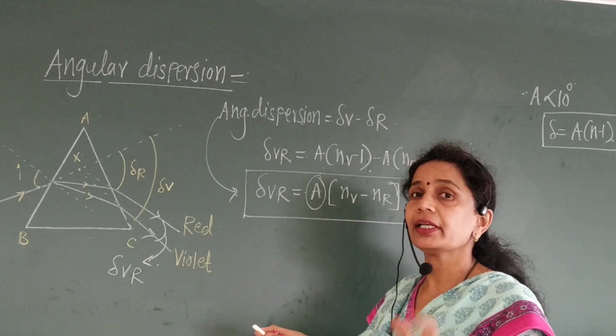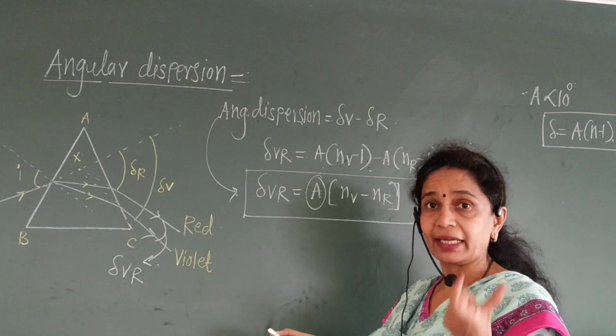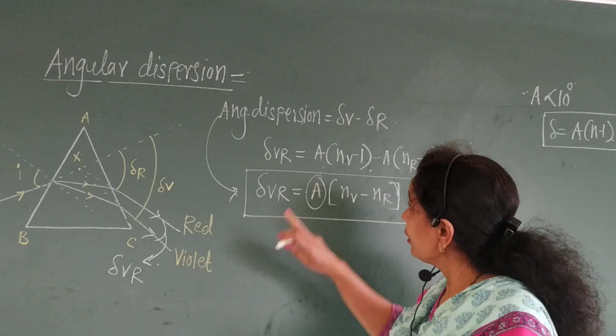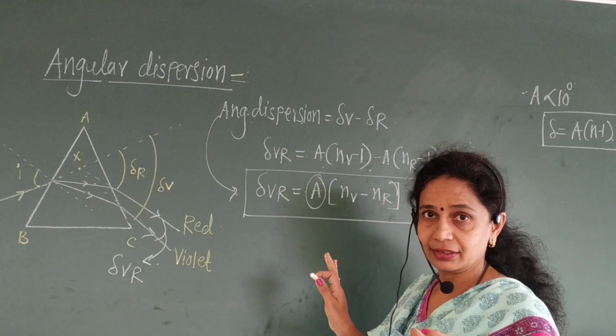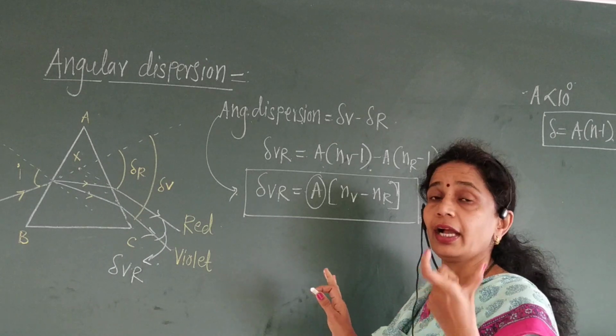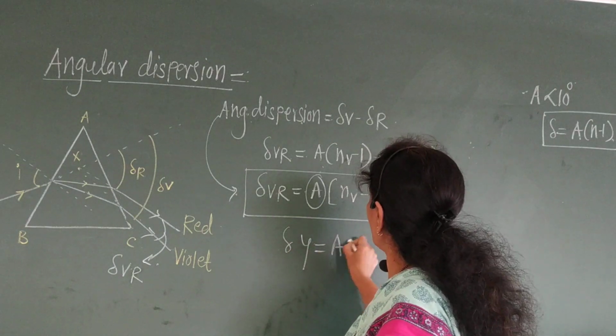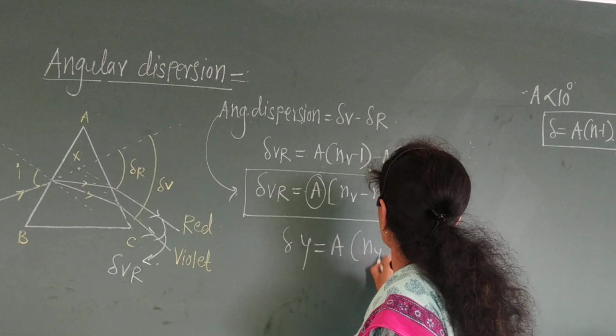From this equation we can say that angular dispersion depends on the refracting angle and also the refractive index of the material of the prism. Okay, and practically yellow color is the mean color of the red and violet, and for this we can say that delta Y is equal to A into (nY